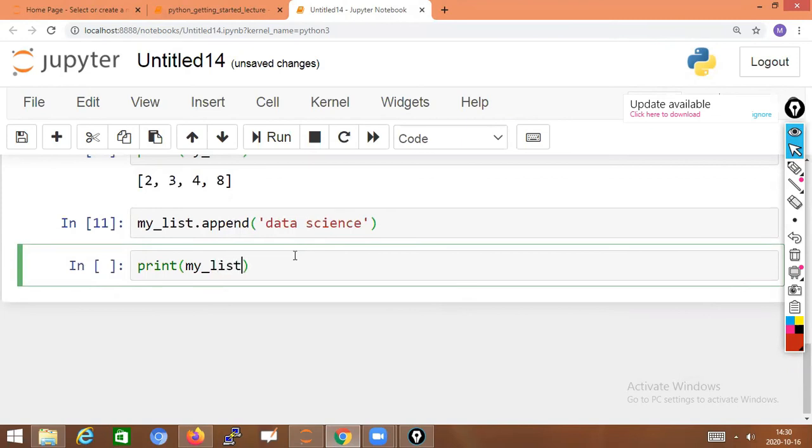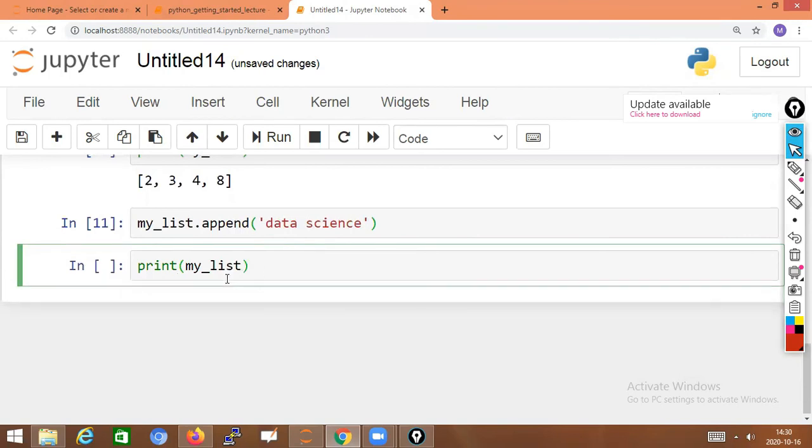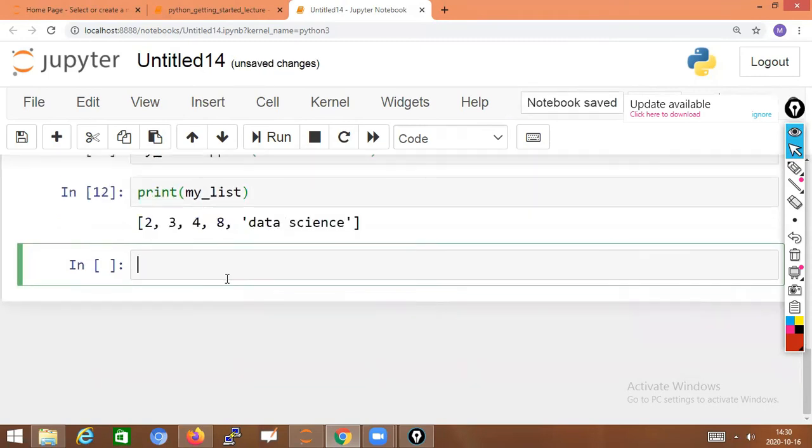Shift+Enter. So the string data, data science, is also added to my list. Data science is a string type.